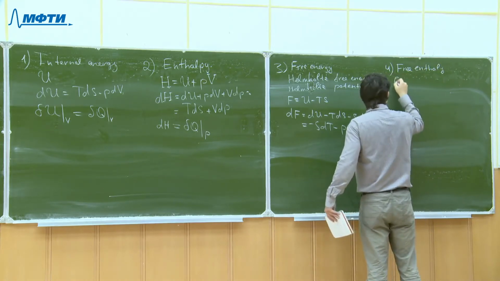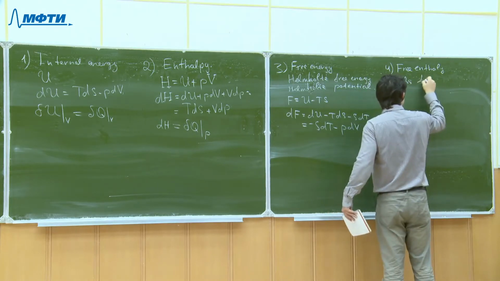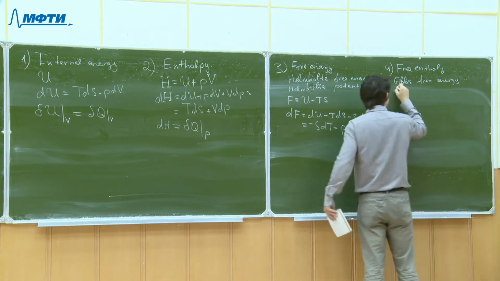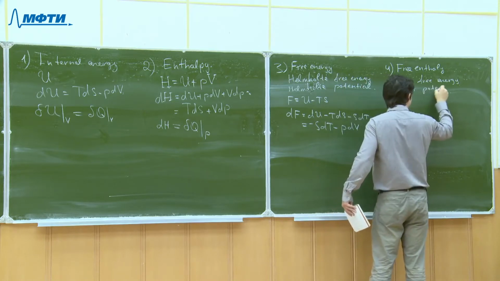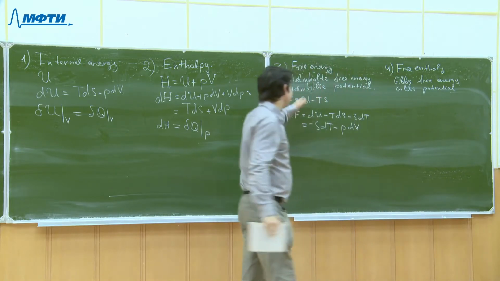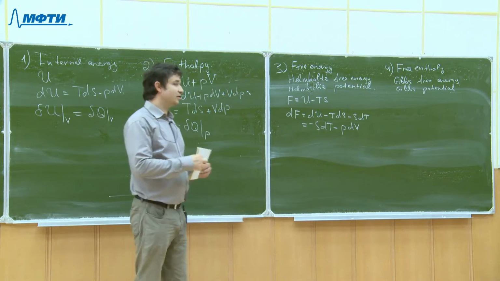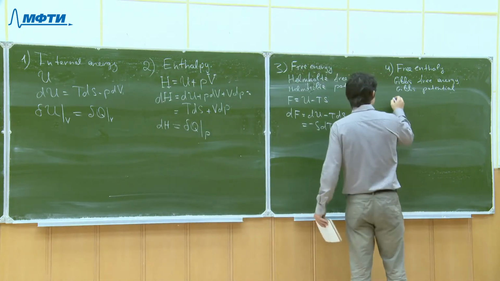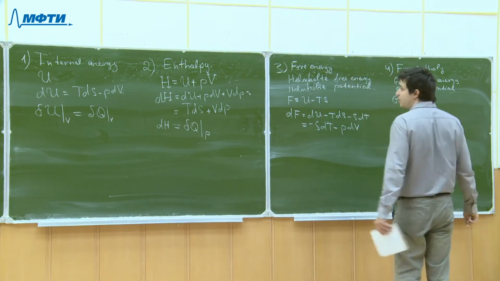Also, Gibbs free energy or Gibbs potential. And here, Helmholtz and Gibbs are surnames of prominent scientists who have done lots of contributions to the field of thermodynamics. And this one is defined as G equals